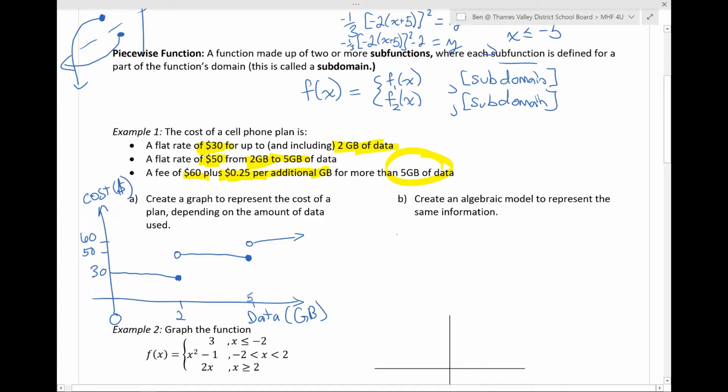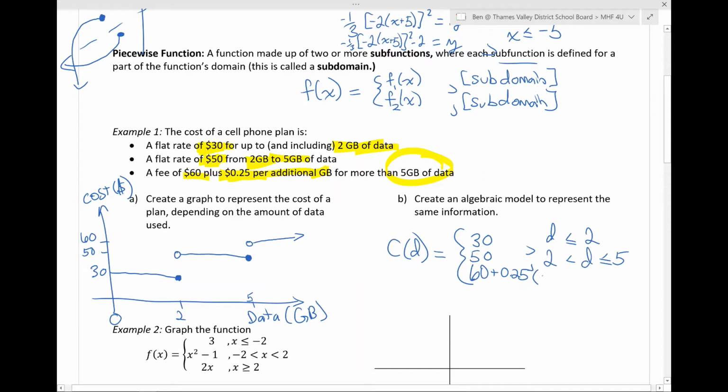Now, algebraically, we would represent this as, and we can use cost as a function of data, C of D equals, and then we have our squiggly bracket here, give ourselves a little bit more space. $30 if the data is less than or equal to 2 gigabytes, and the cost is $50 if the data is greater than 2 gigabytes and less than or equal to 5 gigabytes, and the cost is $60 plus 0.25, because that's 25 cents for each additional gigabyte